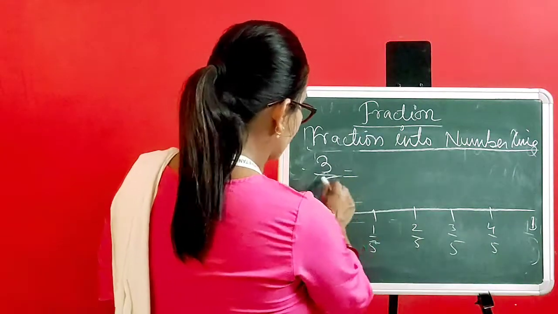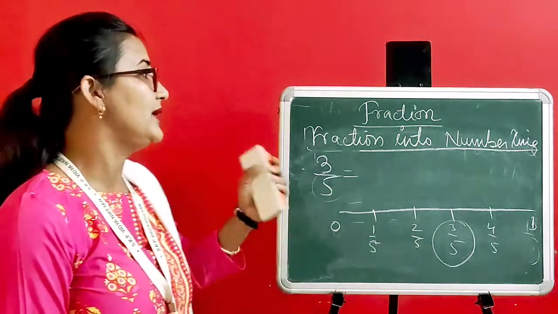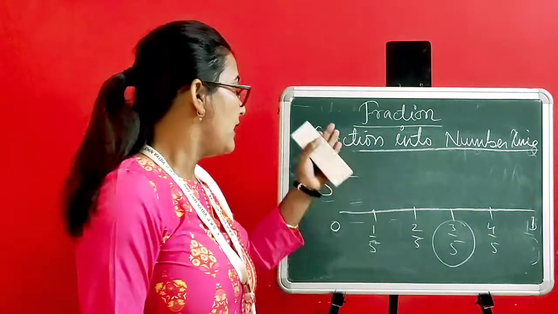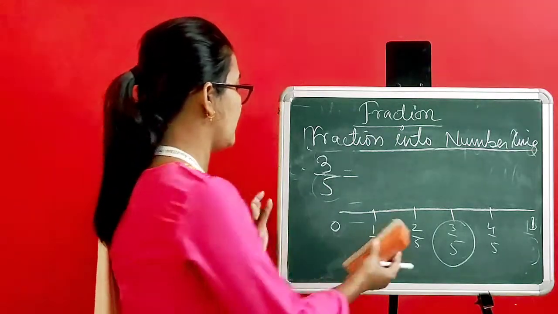Okay, so here 3 by 5 means this one is 3 by 5. In this way we will need to represent fractions on a number line. Clear? Okay, next we will see